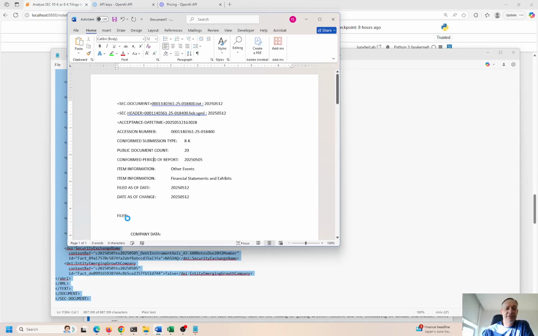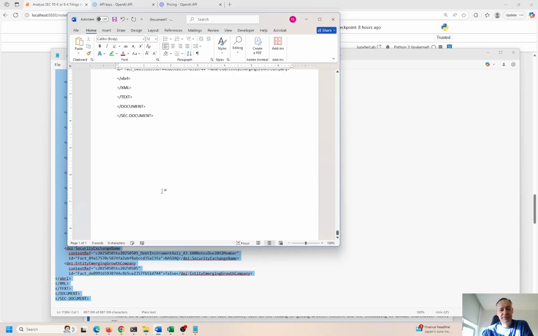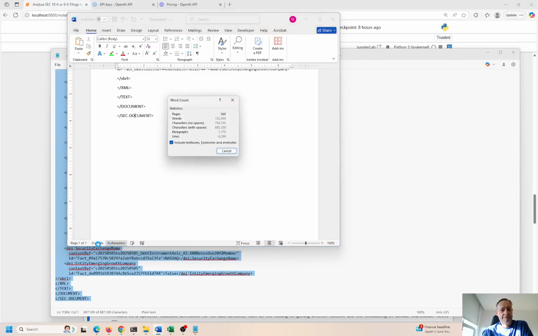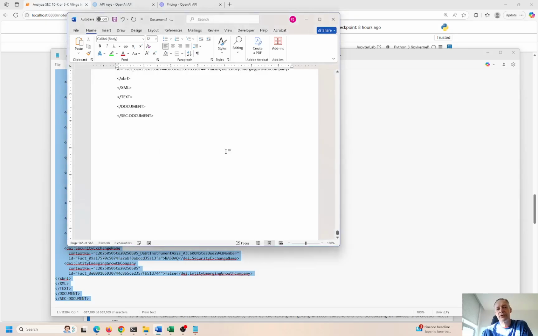And you can see the thing is pretty massive, right? The blue wheel is spinning here. Okay, that's the end of the documentation. If I go down here, 565 pages. You can see that. That's the first stat right there. Words, 132K, and almost 1,000,000 characters and spaces. I'm like, are you actually going to go through and actually read this? And this is one document, right? And you would have to read,